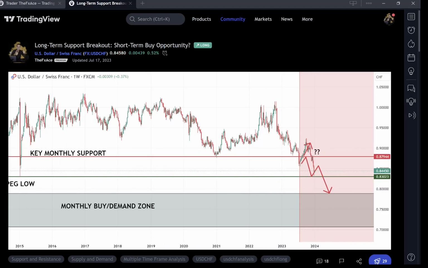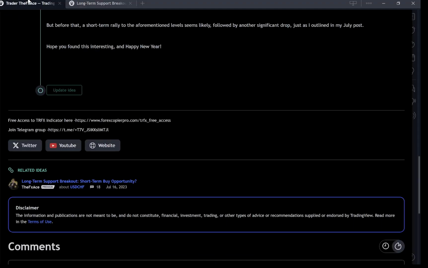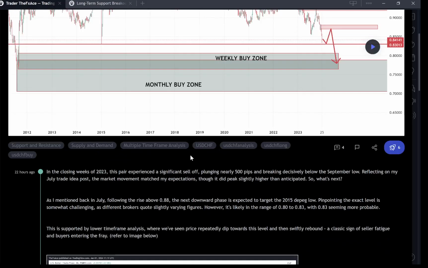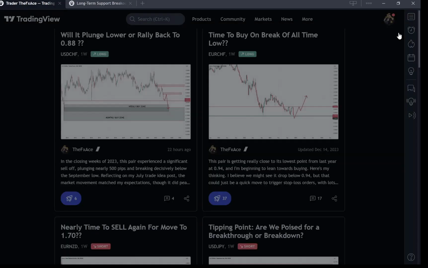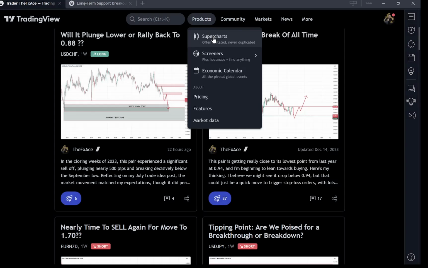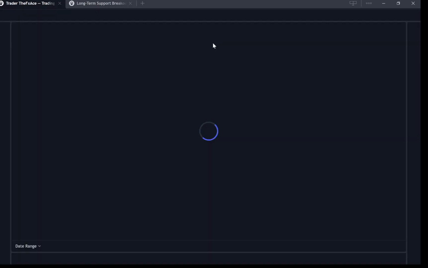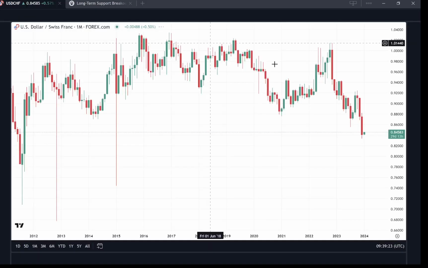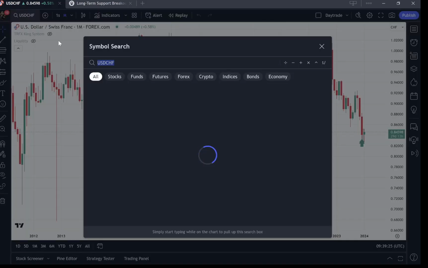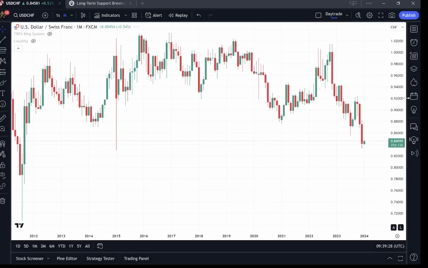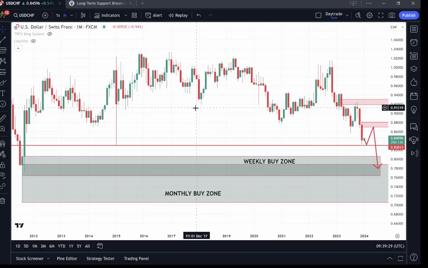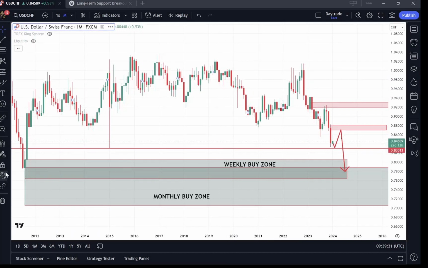Now we're going to look at what is next in store for this and see how you can capitalize on it. So first off, we're going to head over and open the charts, and get better FX data. This is the idea I posted yesterday. I'm just going to delete everything